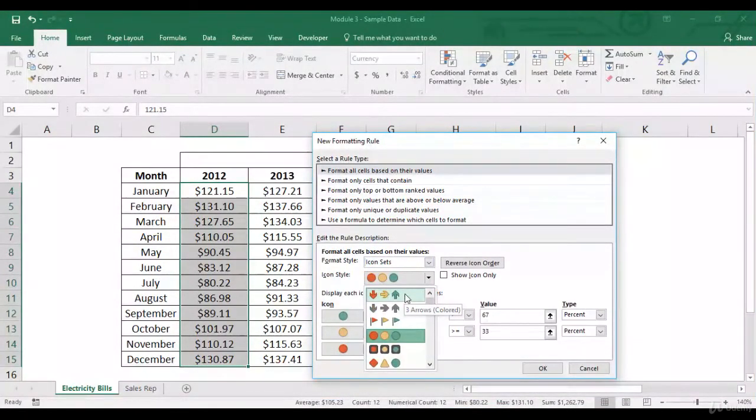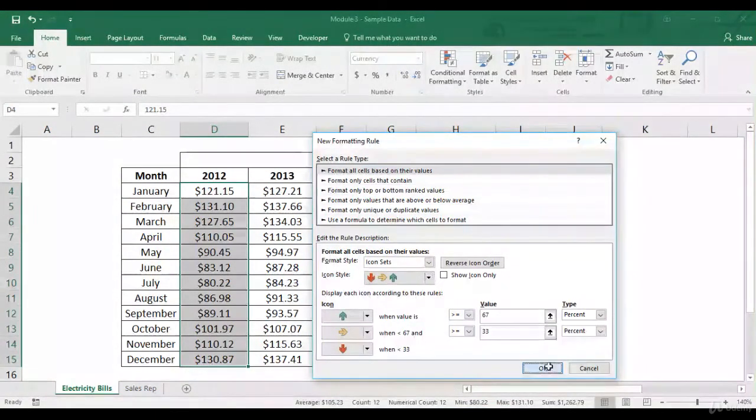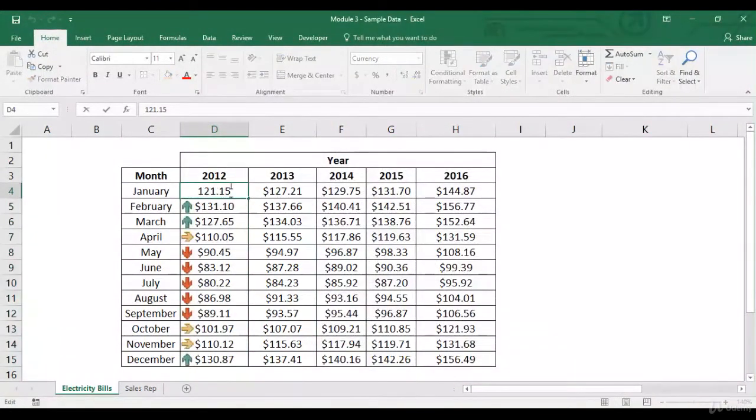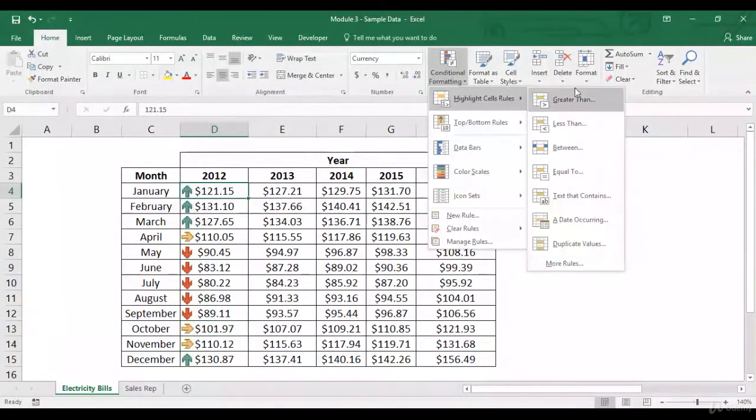Let's select 3 arrows. Okay, now over here if I select OK, right now it is showing me green arrows for these 4 months, red for these 5, and then yellow for these 3. It's interesting to know how Excel determines this.